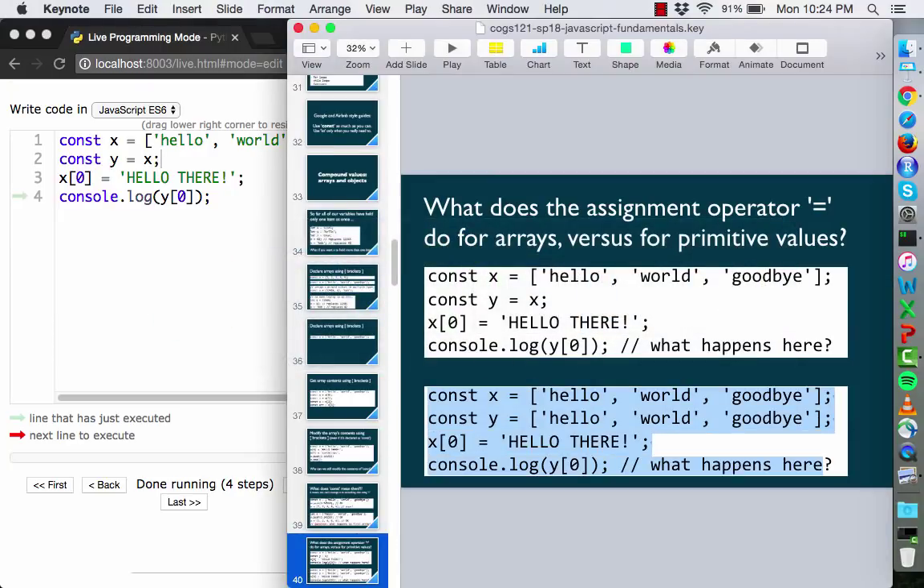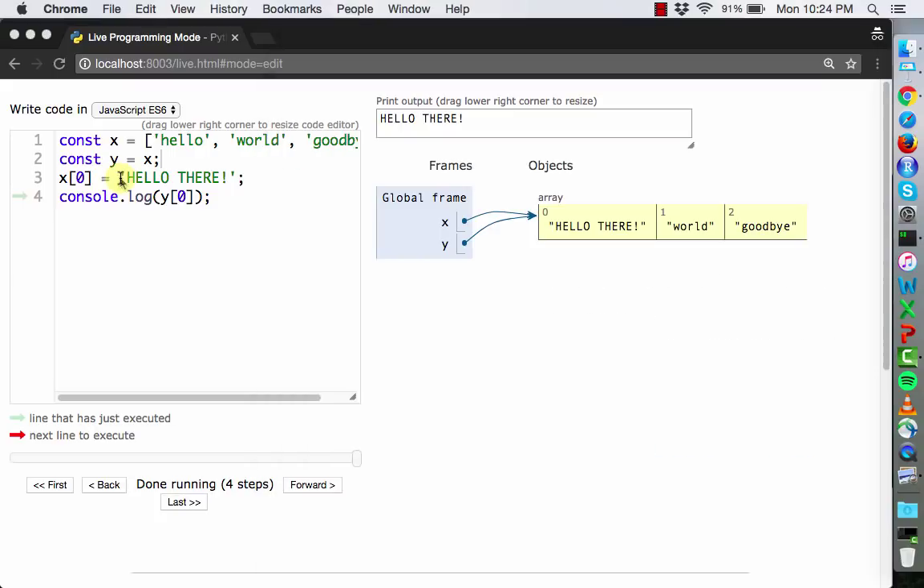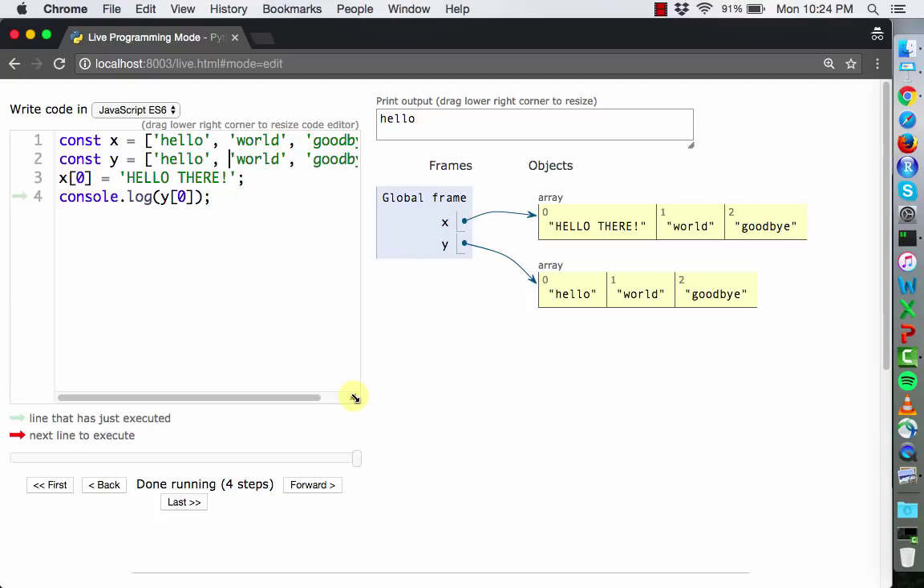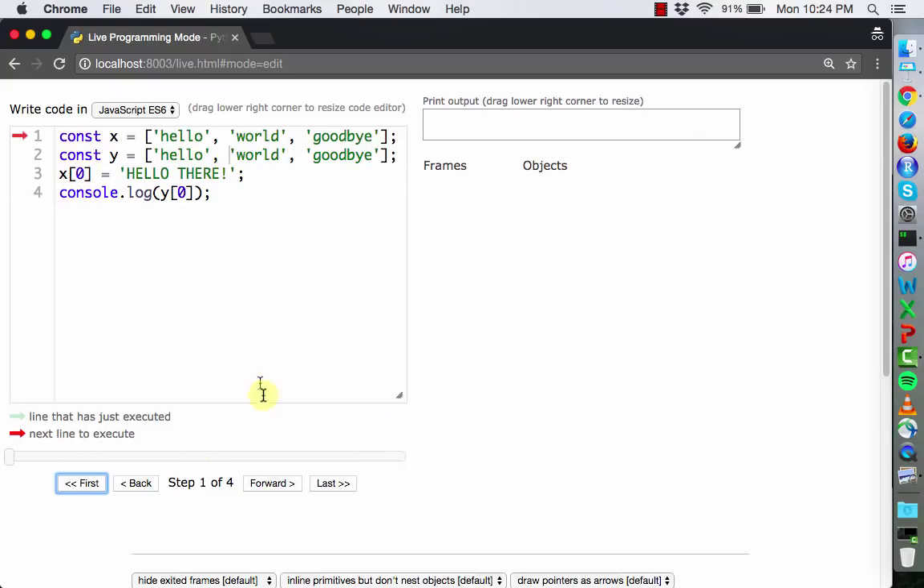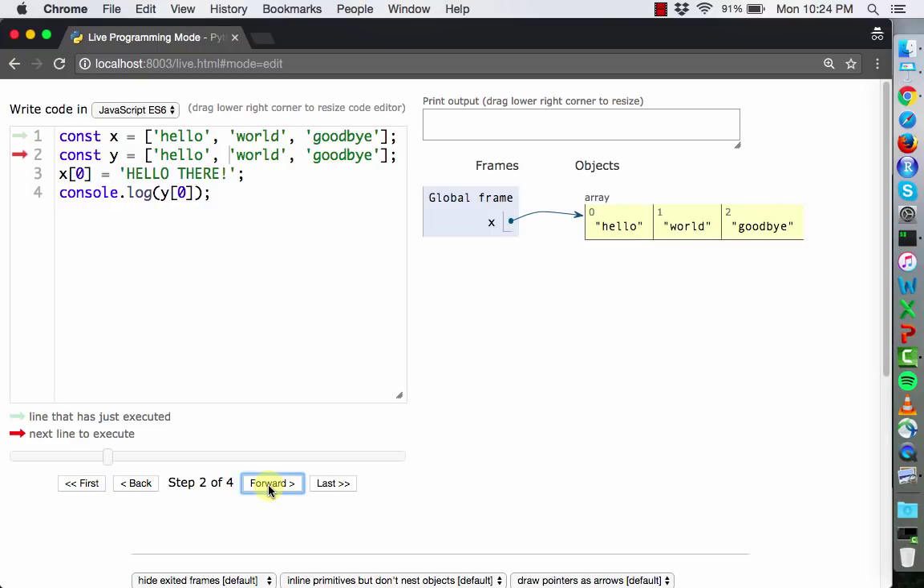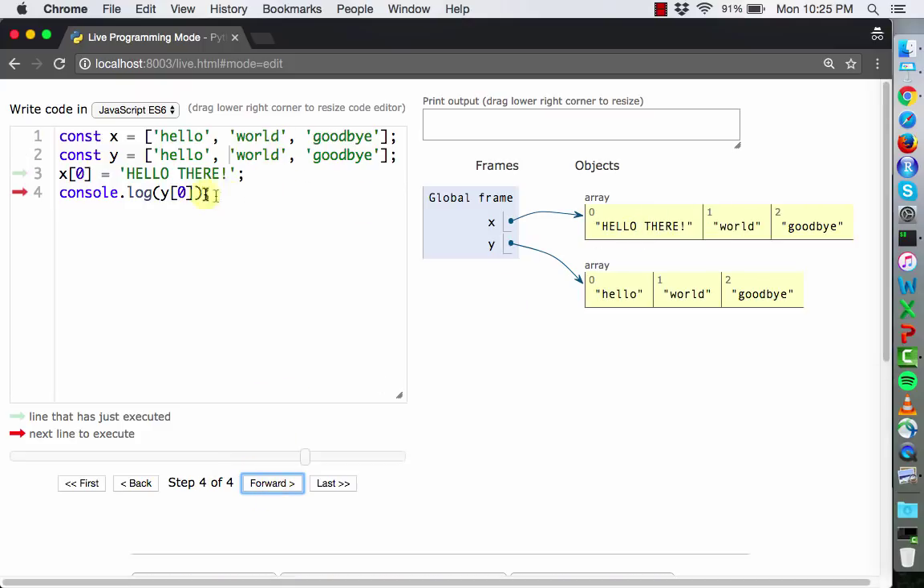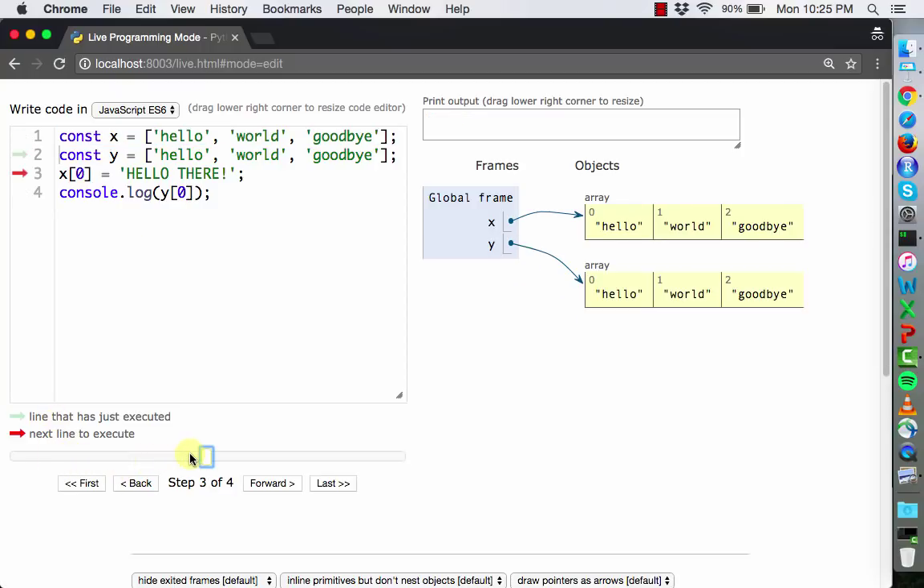So this is another way to think about this. If we made x and y hello world goodbye, but we created separate objects, we didn't do a y equals x. We said x is hello world goodbye. y is also hello world goodbye. To the outside world, they look identical, but they're actually now two arrays in memory. So now, because there are two separate arrays in memory, when I set x0 to hello there, y0 has not changed, right? y0 is still hello. So when I console log, I'll still see hello. So that's the difference between doing this, where I'm creating two completely separate arrays that just happen to have the same value,